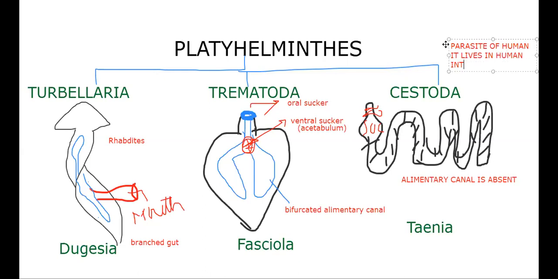So that means human eats, human digests. What does the tapeworm do? It is a 2 meters long, very interesting parasite, found along the length of the small intestine. So human eats, human digests, and the tapeworm will absorb whatever digested food material. For that, the body cover, called the tegument, bears microvilli. With the body surface, it absorbs the food stuff. Very interesting: there is no mouth, no anus, no alimentary canal at all.